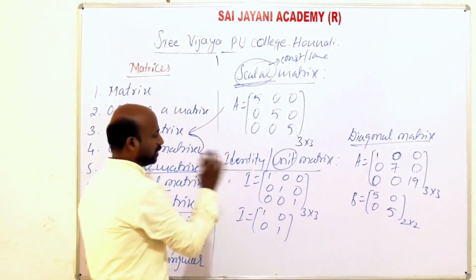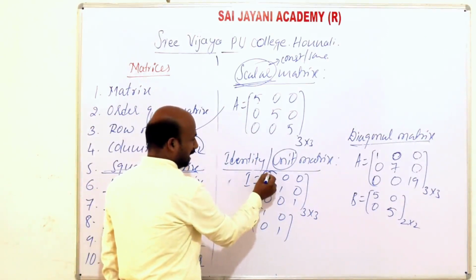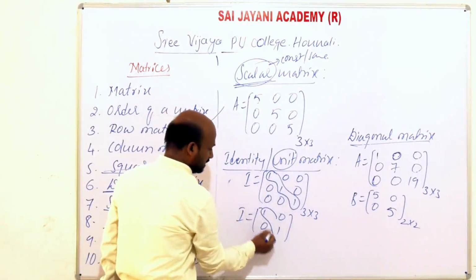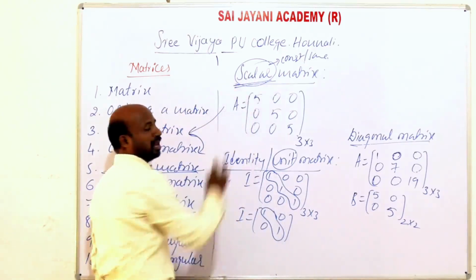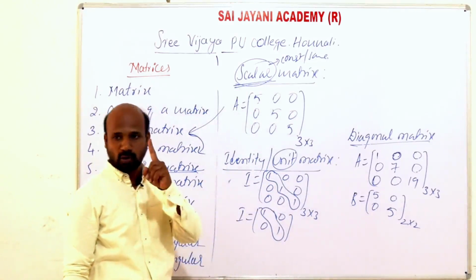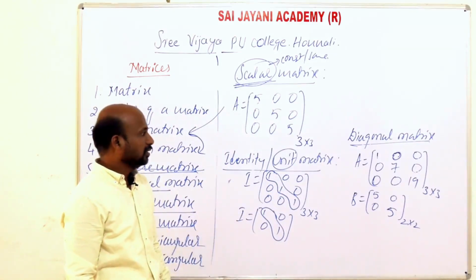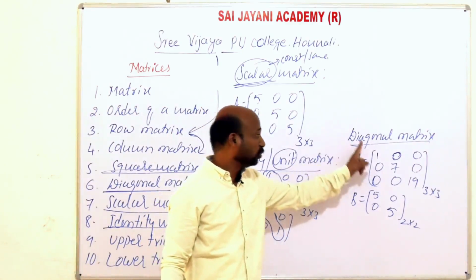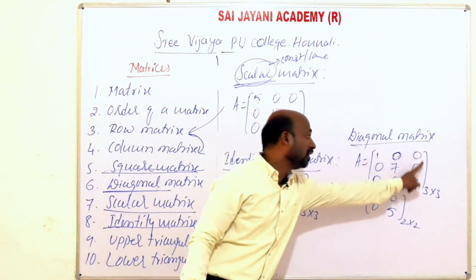So what is the difference? See here, identity matrix is a scalar matrix in which all the diagonal elements are equal to 1. See here, diagonal matrix, a square matrix is said to be a diagonal matrix if all the non-diagonal elements are